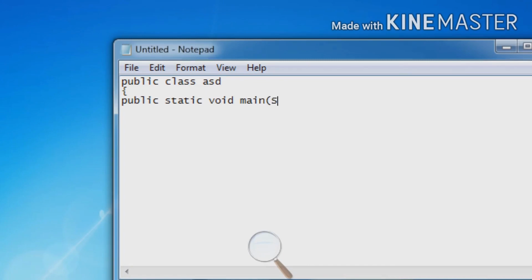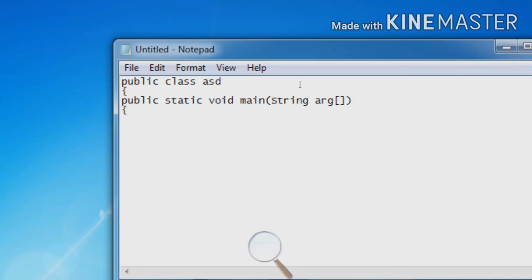Now type String args. In String, the S will be capital. After a space type args, then this bracket. Now the bracket closes here. Now enter. Curly braces start of the main function.